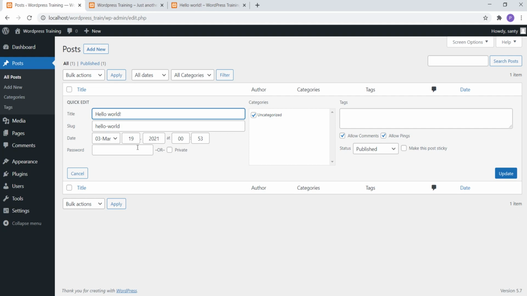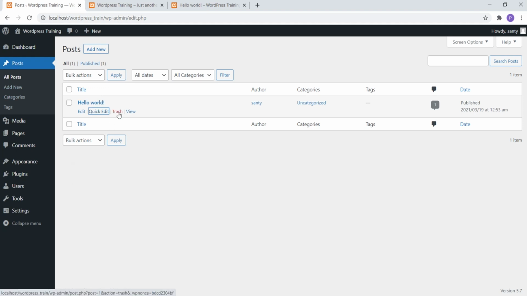You can change or add categories, add tags, and say whether users can leave a comment or not, pings also, and you can change the status from published to pending or draft. Again, if you click on update, it will get updated automatically. So this is one option.